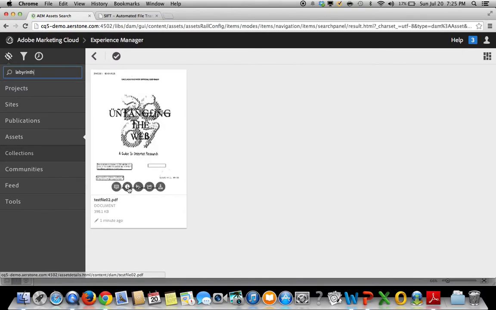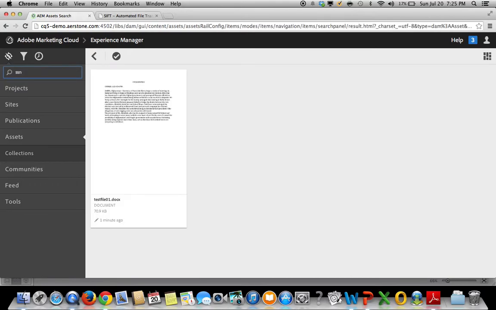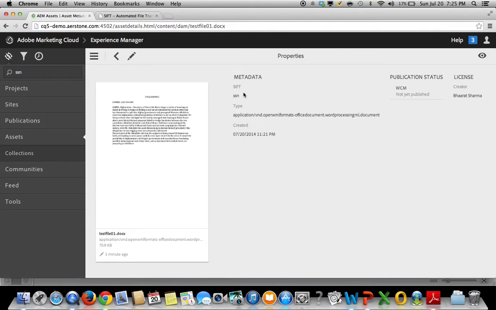You can see that our scanned PDF document was picked up and also labeled with a word that begins with LAB. In this case, we didn't define an alias for that regex pattern, so it actually stamped the specific word that it found that matched the pattern. And then finally, we can scan for our social security number alias, which you can see was also stamped on the metadata